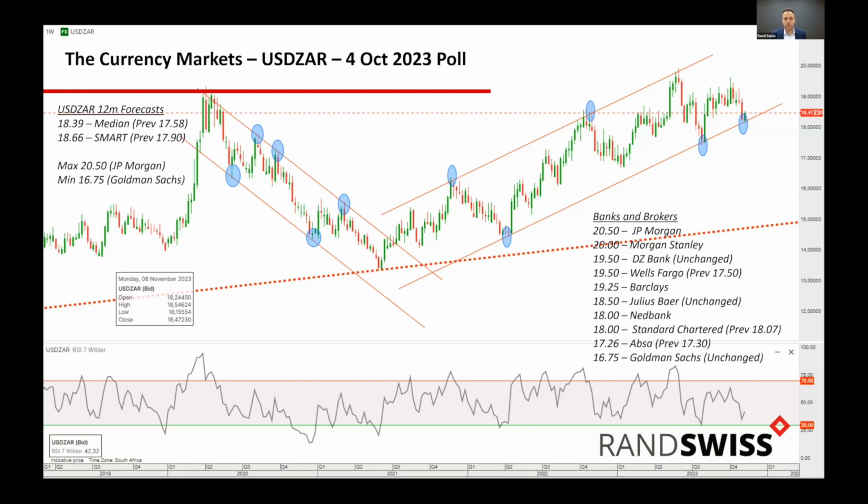I mean, we can get 40% moves on it. If you go further back, you can see strengthenings from above 10 to significantly below 10, like 40% moves. Don't ever think that the rand can't do that. This is not a one-way bet. If you're a trader out there trading geared in currency, or super pessimistic and thinking, I'm just going to take everything out of the country, also not probably a good idea, because while my view is that now is the time to buy dollars on a short-term basis, anything can happen longer term,